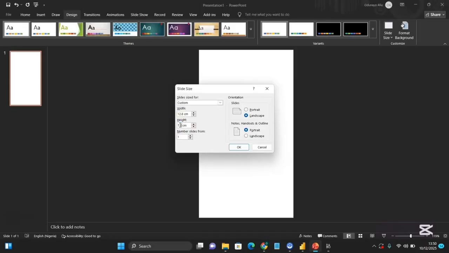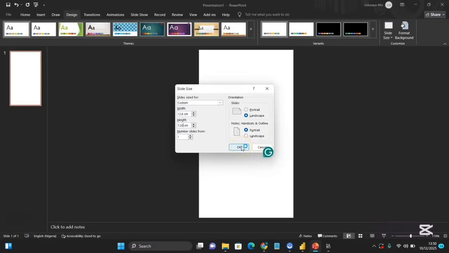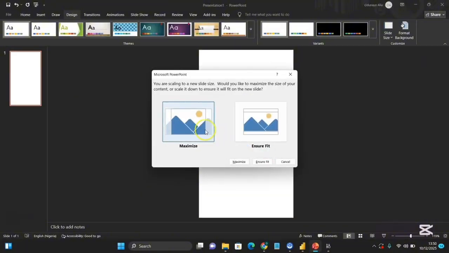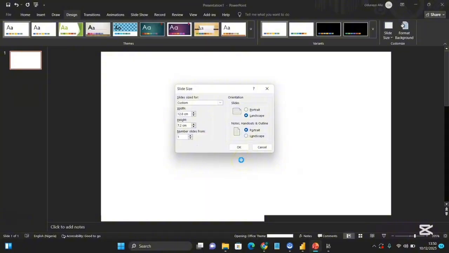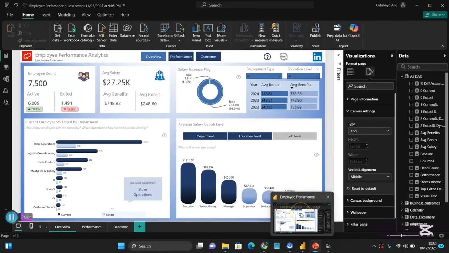centimeter. So you might also make the same mistake of using the width as the height and the height as the width, because on Power BI you would see the height first before the width. So you have to be very, very careful to not make the same mistake. You have the option to maximize the size of your content or scale down to ensure it fits. So you can click on ensure fit so that it fits exactly the way we want it to be. This particular size we have worked with is what we are going to have when we import our